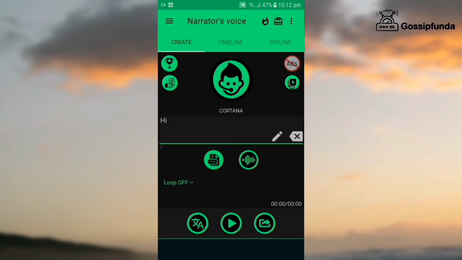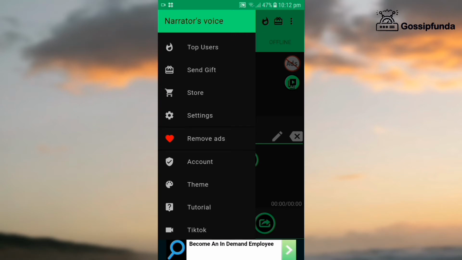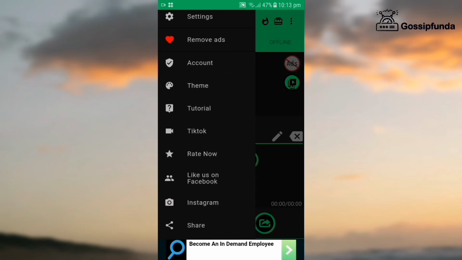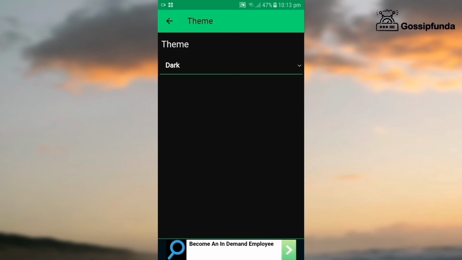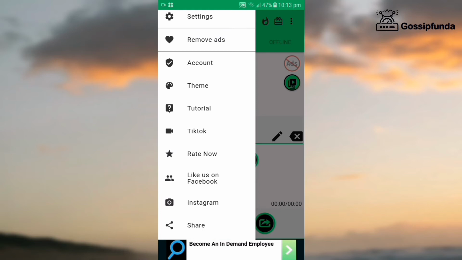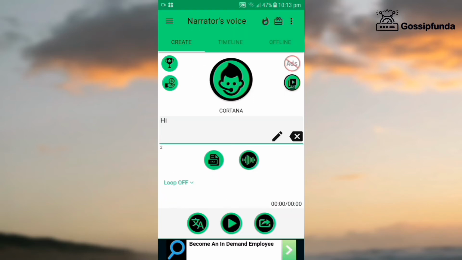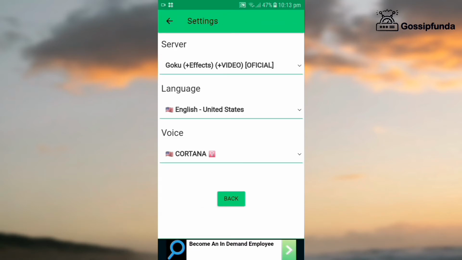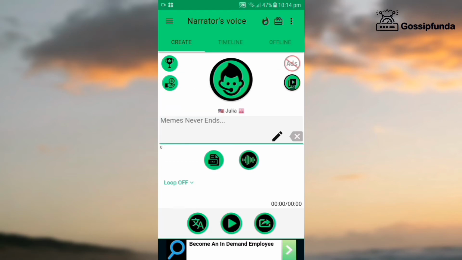Here you can see there is a text option. If you want to text, this is the dashboard of Navigator. In this you can change the theme. Even you get access to your Instagram account directly. So here you can see you even have an option of PDF extract, file extract also. Now go to the settings. In settings you get a language option.